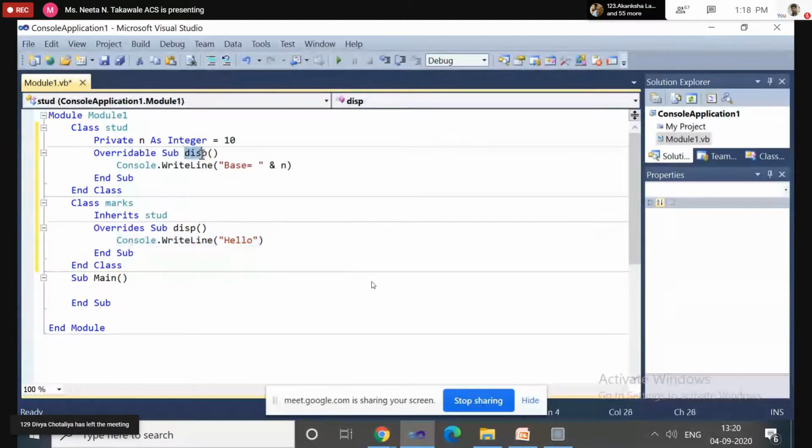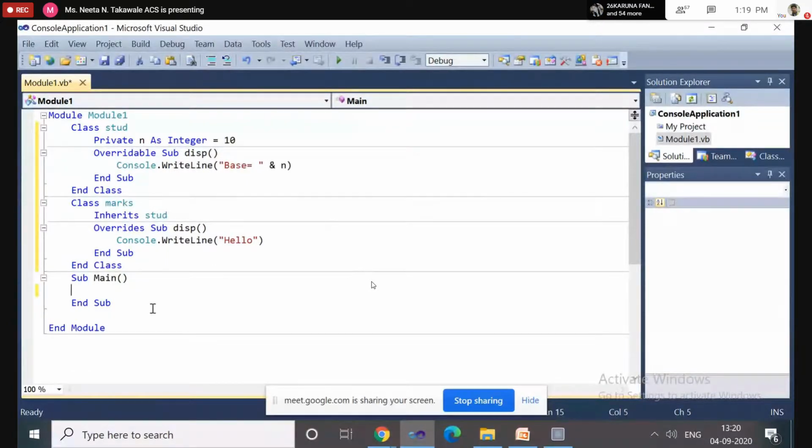Inside the base class, this method displays the value of n, but inside the derived class, I am using it to display a hello message. But this change in behavior never affects the definition of this method defined in the base class. So this is overriding.